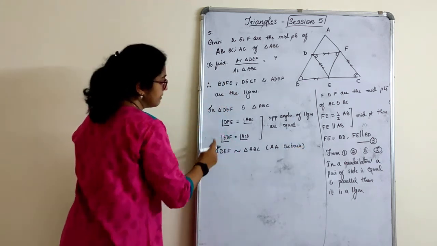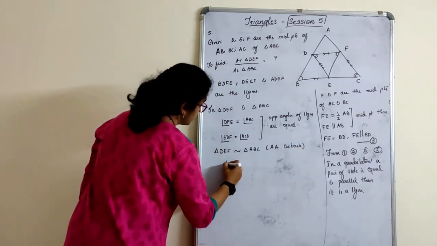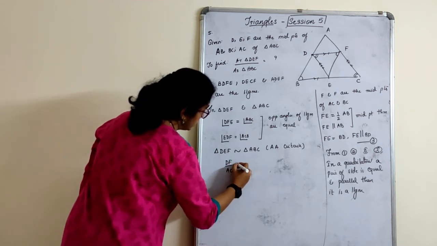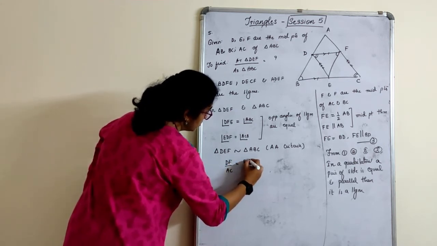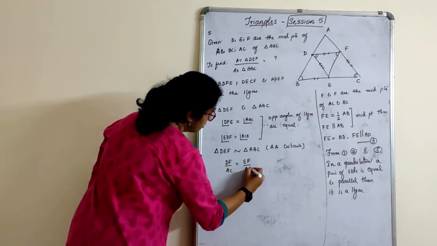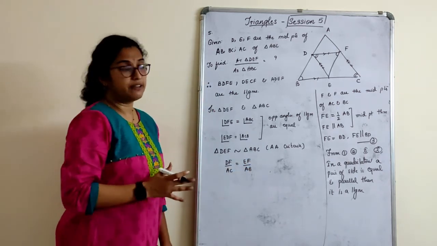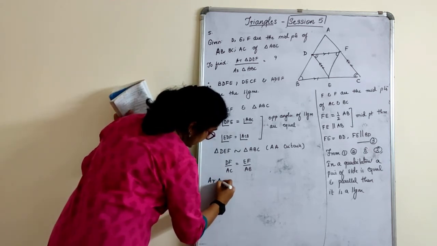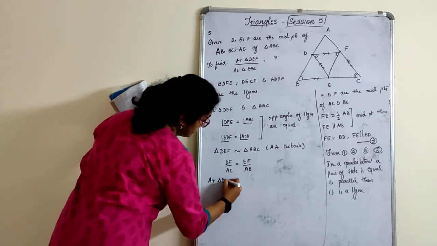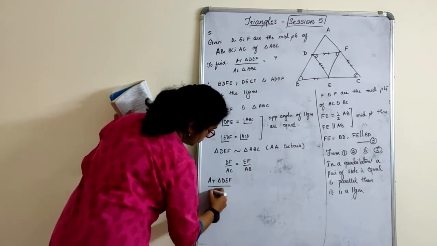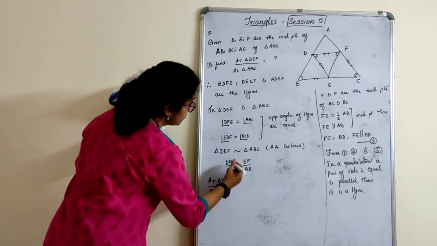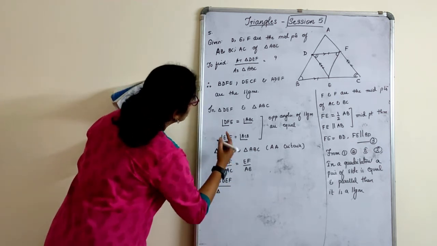From AA criteria, what are the sides? DF upon AC is equal to EF upon AB. Any one side we will choose here. Okay. Next. Area of triangle DEF to area of triangle ABC